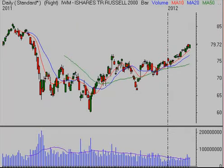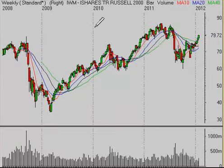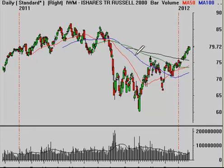The Russell 2000, as we know, broke a big level here from last year. This was the 76 to 77 level that we'd been observing for a while, and this was a big support level. It acted as resistance. The market got up to that level. There was a lot of skepticism whether it could break out or not, but in fact, as we know, it did. This market was held back first by the 150-day moving average, then it sliced right through the 200